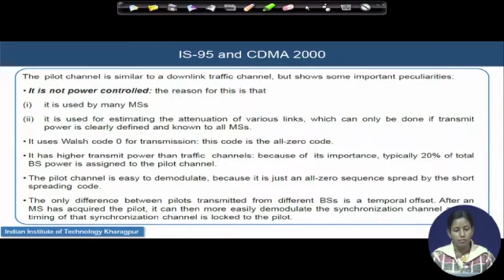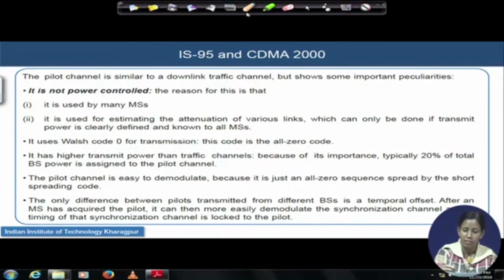The pilot channels use the Walsh code 0 for the transmission. This Walsh code 0 means an all-0 sequence, and it is transmitted with a very high transmit power. How high? Here is a measure. Typically the power may be 20% of the total base station power assigned to the pilot channel, and the pilot channel is such that it can be easily demodulated, because you are spreading this all-0 code with a short length